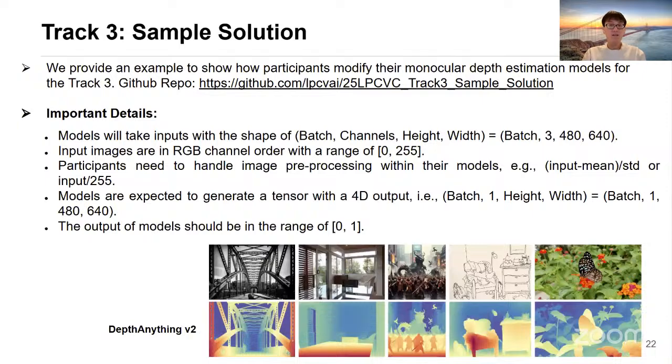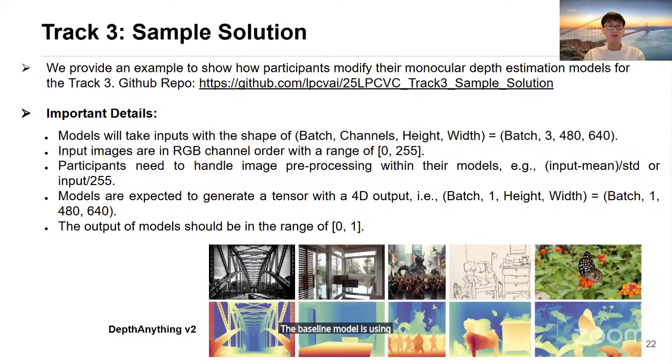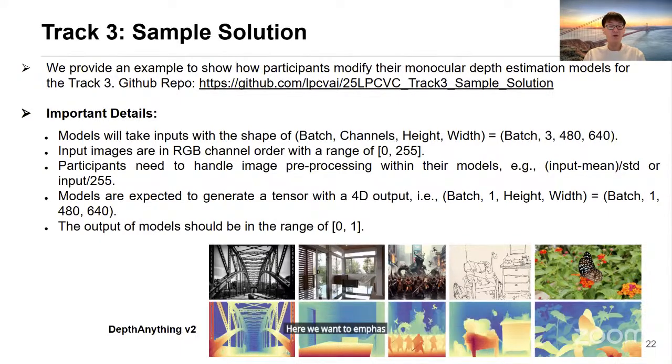We provide a simple solution to show how participants can modify their model for this track. The baseline model is using Depth Anything V2, and the details can be found in the provided GitHub repo. Here we want to emphasize some important points for the submitted model. The model will take input with the shape of batch, channel, height, and width. And the input images are in RGB channel order with a range of 0 to 255.